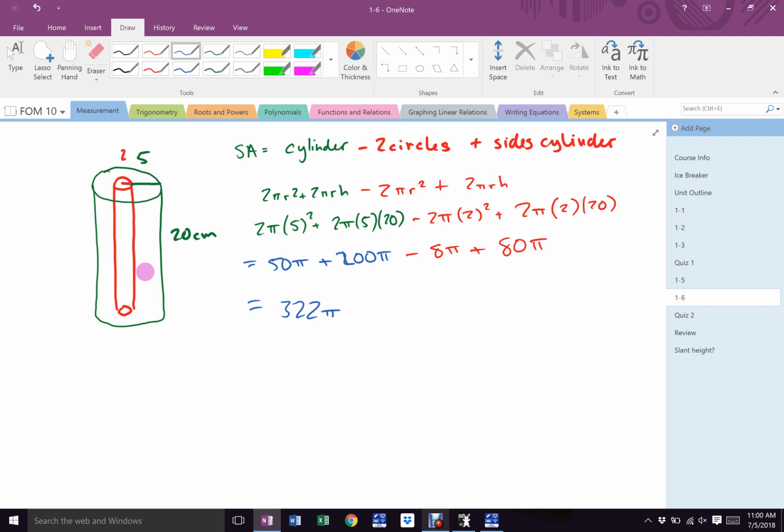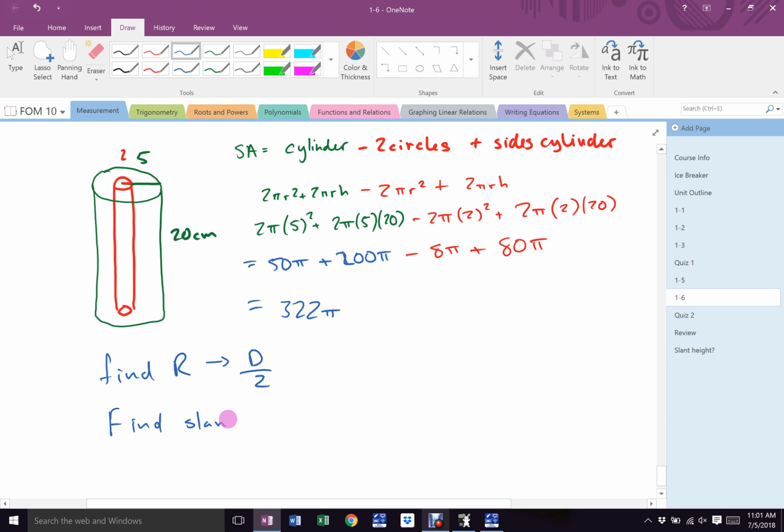Do I always give you a radius? What do I sometimes give you? A diameter. So you might need to find r, which is the diameter divided by 2. Right? Sometimes you need to find